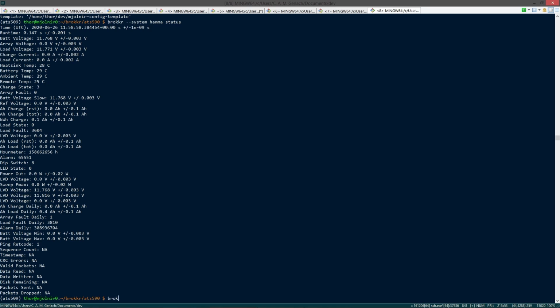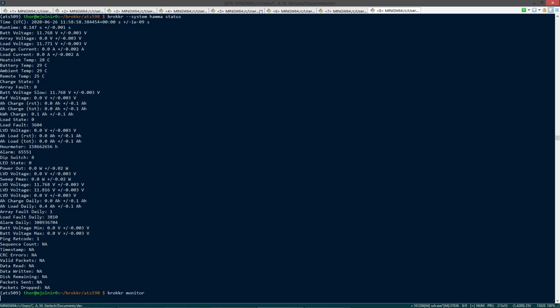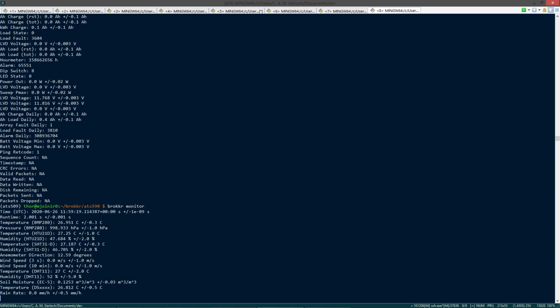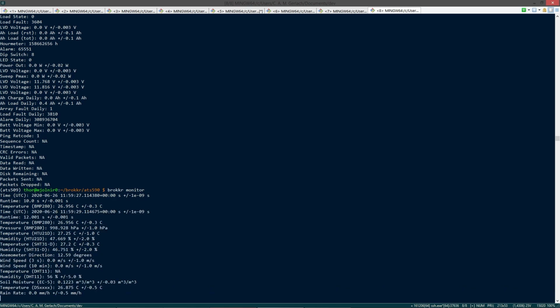But if we want the data to be continuously updated, we type Brokkr monitor. This is for the default system, and we see we have our sensor data there continuously updated as fast as Brokkr can get it, every second or so. Again, everything's pretty printed with units and values. So